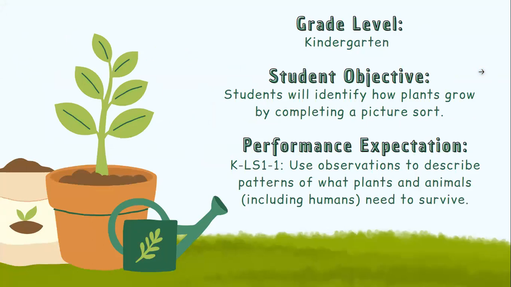So this lesson is for kindergartners. The student objective is that students will identify how plants grow by completing a picture sort. The performance expectation is that students will use observations to describe patterns of what plants and animals, including humans, need